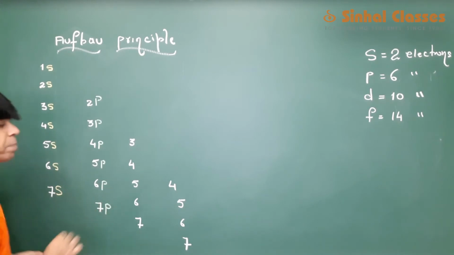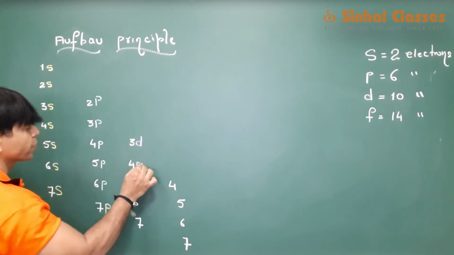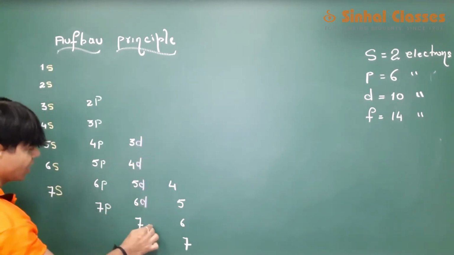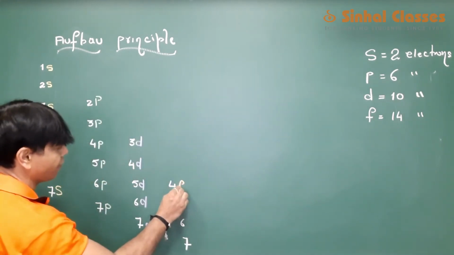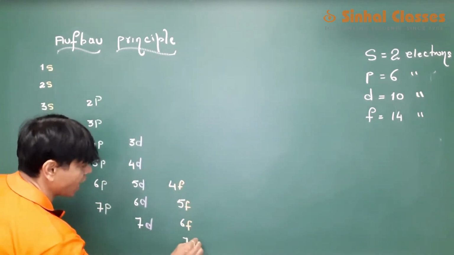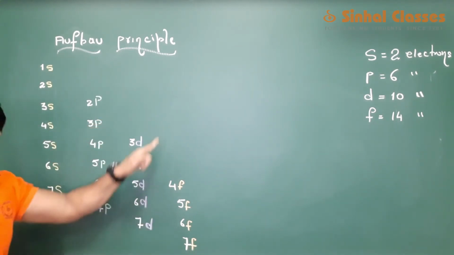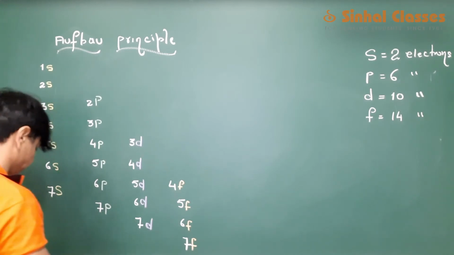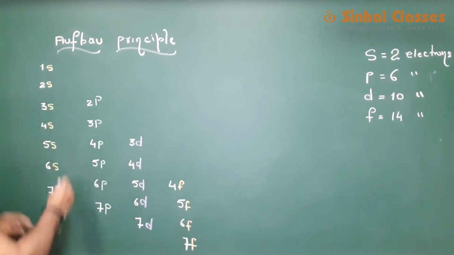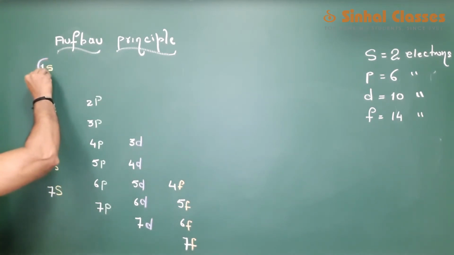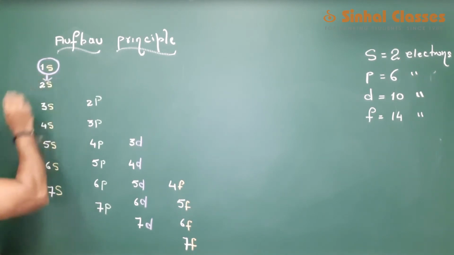The next column will be P. Then the next one will be D. And the last one will be F. So we have S, P, D and F. Now, after writing this, you can follow this trend from the first orbital 1s, you move downwards and then